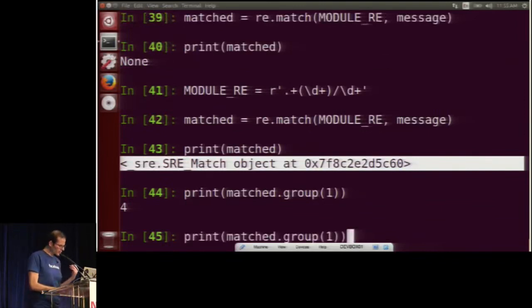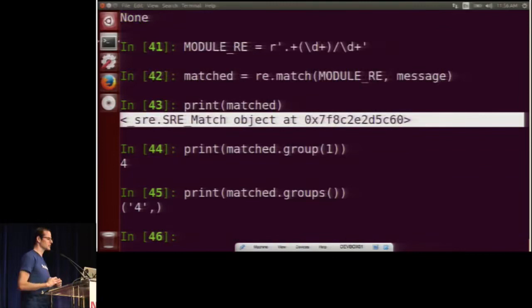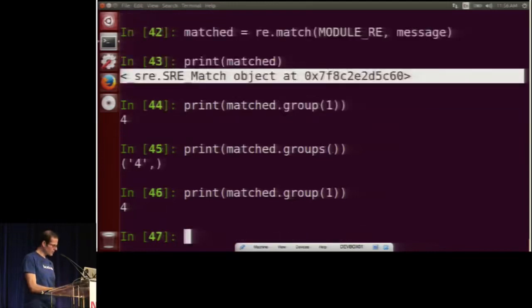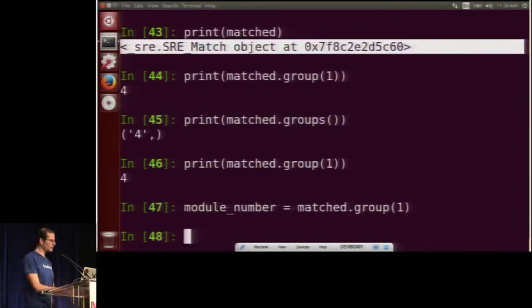Like we used earlier, we could actually also use groups. So group singular takes in an input of the number of the group you want to access. If we call groups plural with no input, we get back a tuple of what matched. Now, having the tuple of one element is still a little tricky, but if you had 5, like we had earlier, we get all 5 as one thing. So right now we have the module number as the result. So we could say module number equals the output of matched.group and call 1. So if we print module number,